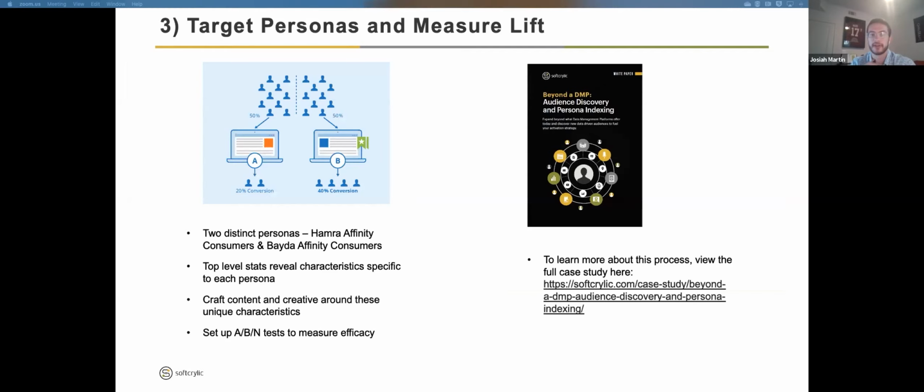In this case, the brand affinity, right? So we've established two distinct personas in this case, those who prefer Bida and those who prefer HIMRA. But this is the piece that's a little bit different than Morgan's, in the sense that now we want to look at those two distinct personas and at the summary statistics in the same way, and see what that can reveal about the characteristics specific to each of these user bases, which can be incredibly useful for crafting content and messaging around this